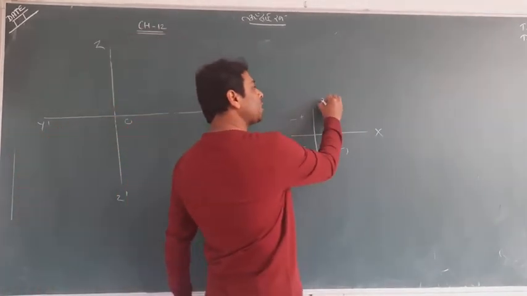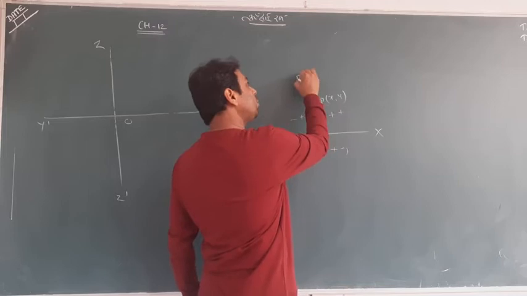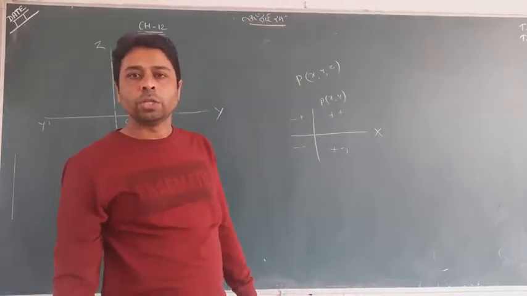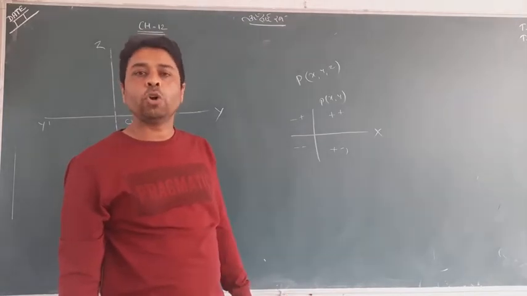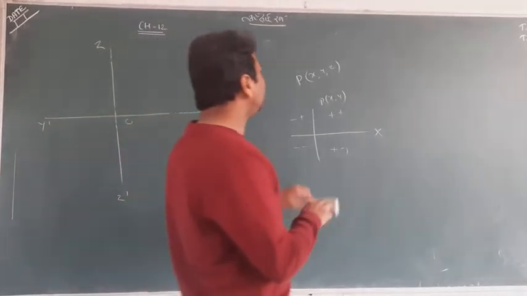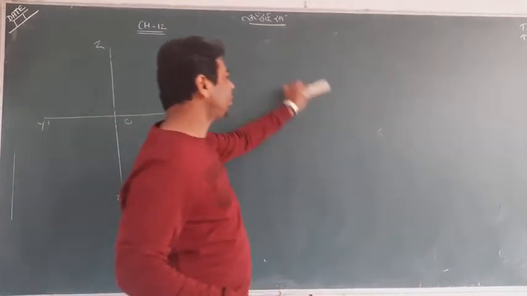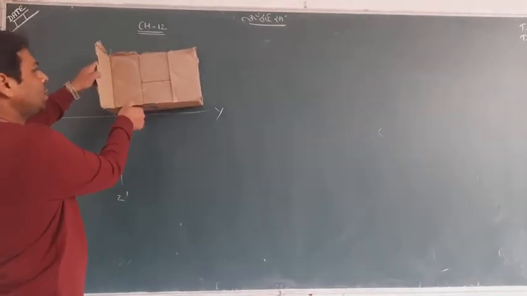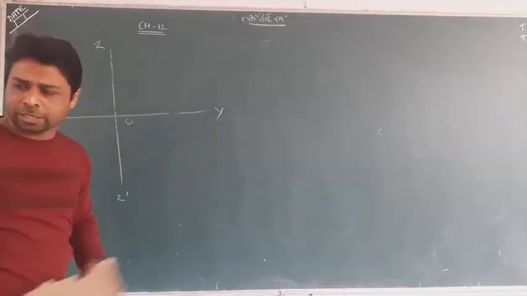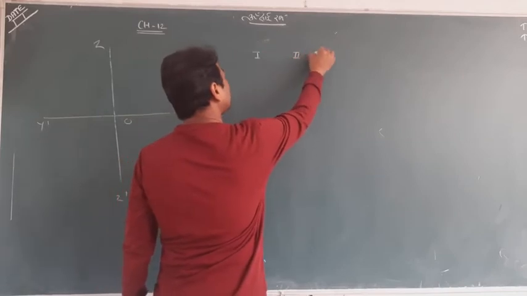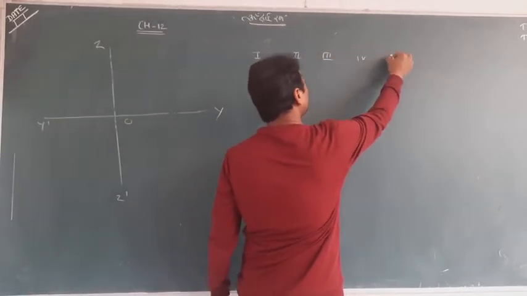We used to take x, y. So in three-dimensional geometry, we will take x, y, z. So it depends on the octant. In which octant does your point lie? That is important. So we cannot give the proper number right here. I only tell you that this is my first octant. This is my first octant. And in the first octant, second octant, third octant, fourth octant,